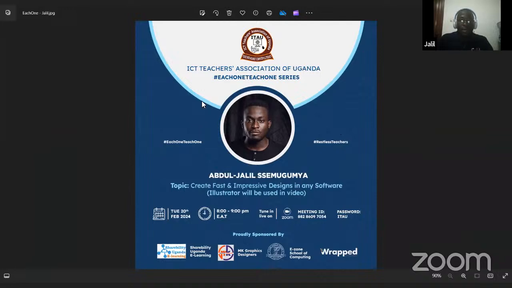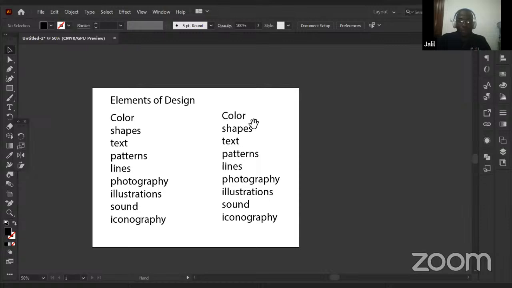So after us seeing this, let me try to share a screen again. I want us to look at, it's kind of hard for me. Has it shared? Are we seeing Illustrator? No, we're still seeing. You try to share now. Okay, let me try to share. Okay, I think now everyone is seeing the